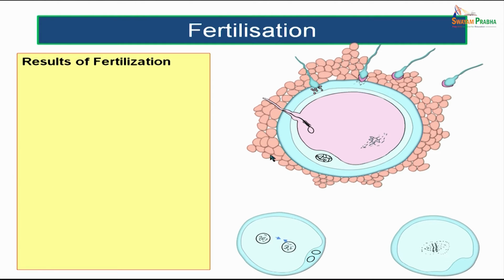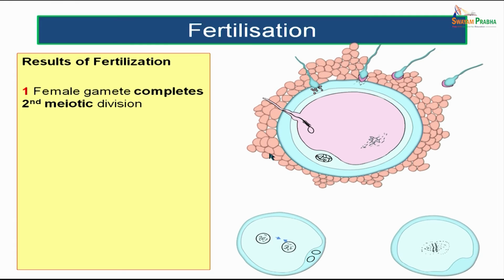Now, let us see the results of fertilization. So, what are the results of fertilization? At the time of fertilization, the female gamete will be completing its second meiotic division. So, just we will have a quick recap. At the time of birth, every female child will be having oocytes, because the oogenesis happens before birth, or it starts before birth. But at the time of birth, every female child will be having oocytes arrested in the prophase